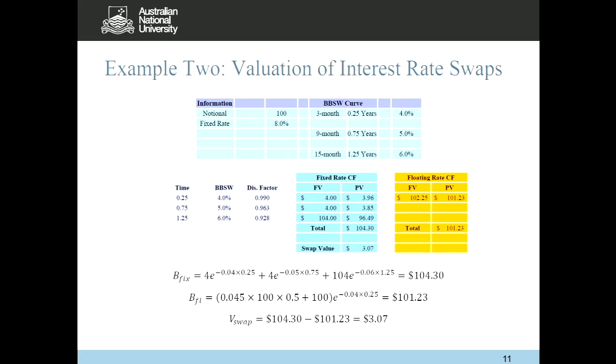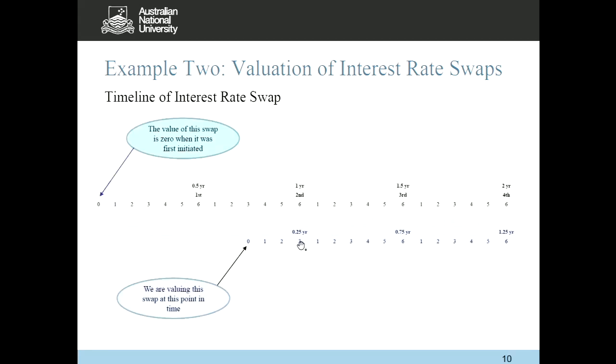Now, the fixed rate bond is just standard fixed rate bond valuation. We were told the fixed bond rate is 8%. So 8% multiplied by 100 million divided by 2. That's $4 million every 6 months, right? And when will the next fixed rate payment be made? In 3 months' time. All right, so yesterday a lot of people asked me why we don't discount the fixed